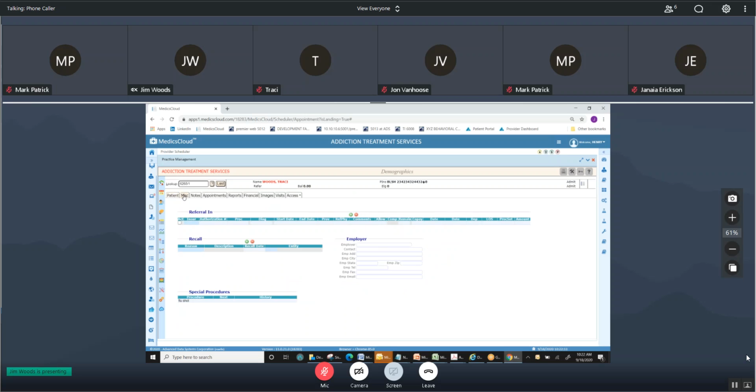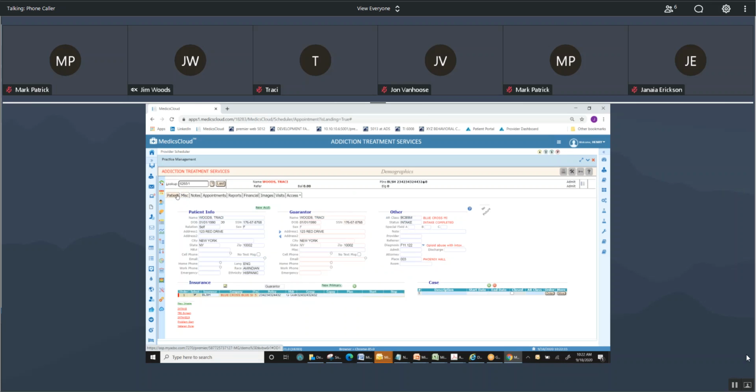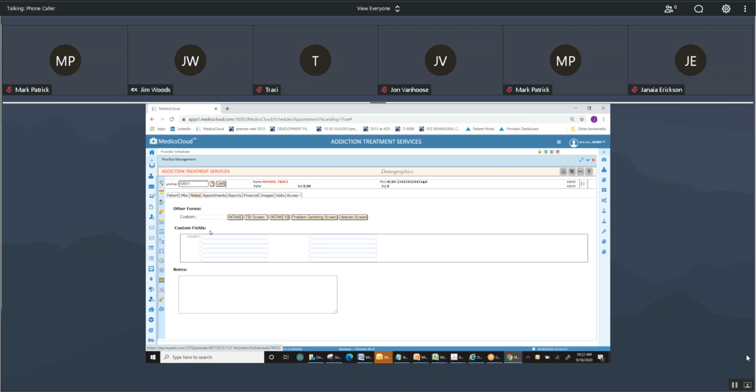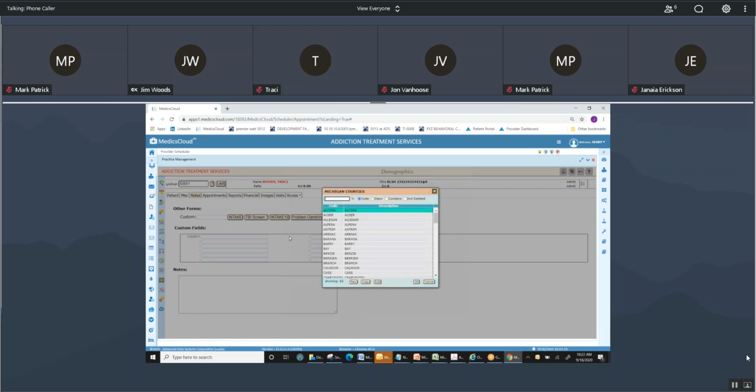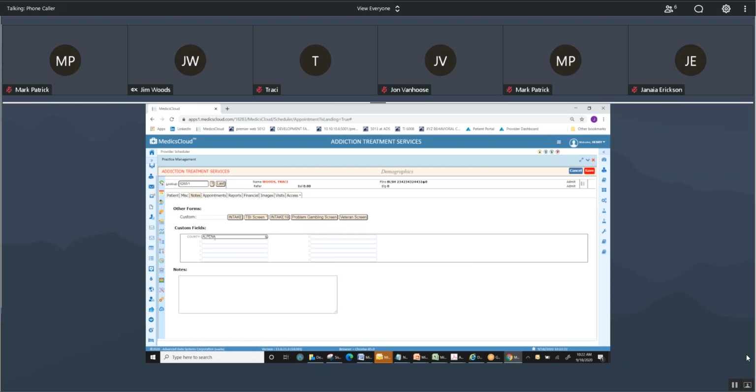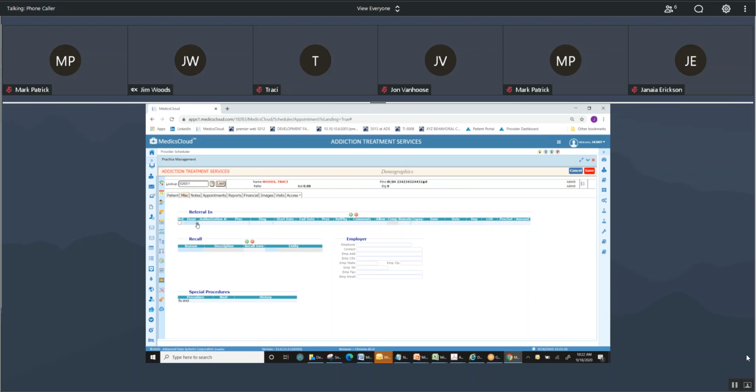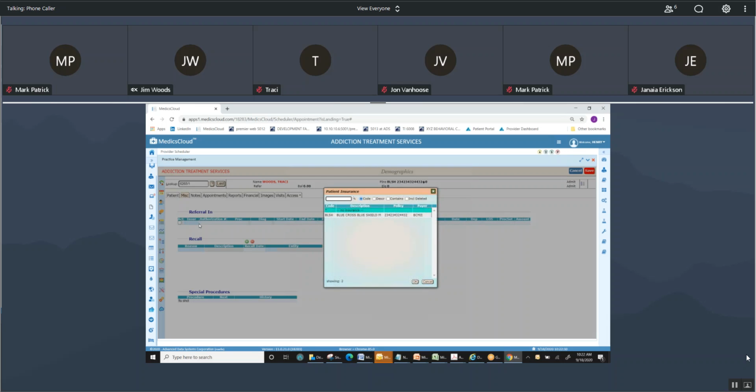Okay. If I wanted to put an authorization in, it's kind of the same workflow. Your notes tabs are the same. We pulled over your county and all that stuff that you had built in your current version. Miscellaneous is your authorization. So same thing. The new thing in cloud is you just have to highlight to get the little